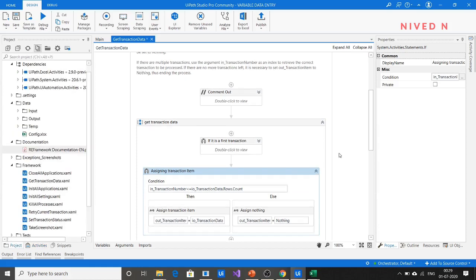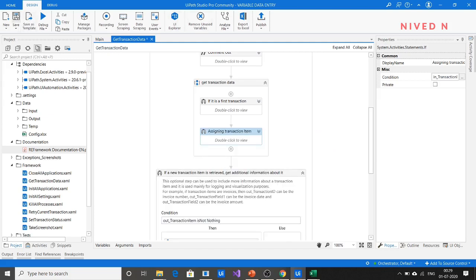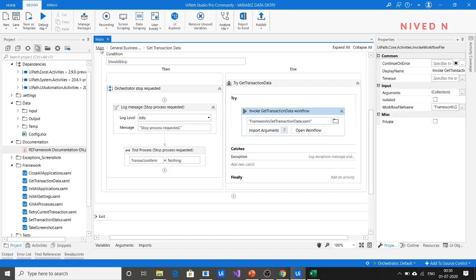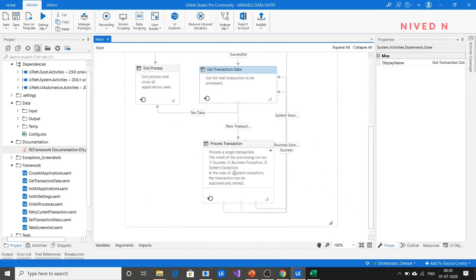So it's correct. I just had a doubt whether something was wrong or not. That's why I checked it again. So it's correct, so just save this. Since we have completed the get transaction data section, next we have to move to the process transaction section, where